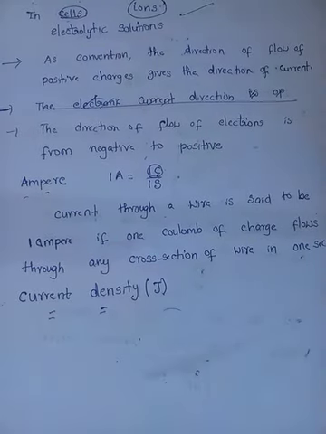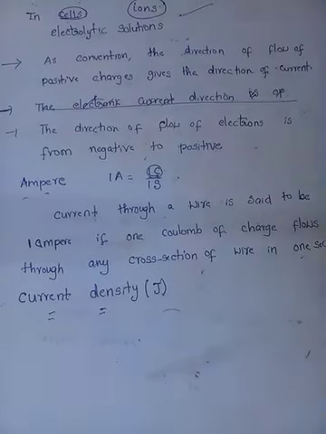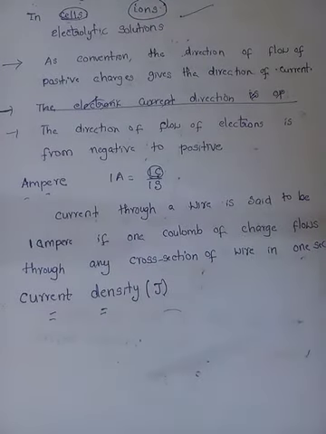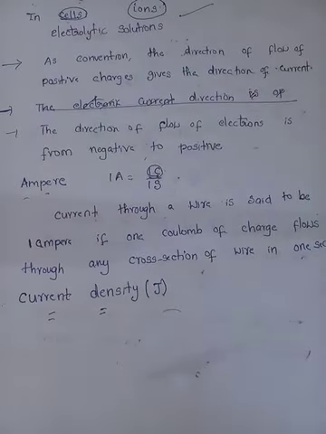So last class we discussed current. So what is current? The rate of flow of charge is called current. If the charges move from one place to another in any area of cross section, it produces electric current. If the flow is constant, it is called steady current, and if the flow is not constant, it is varying, so it is called variable current.